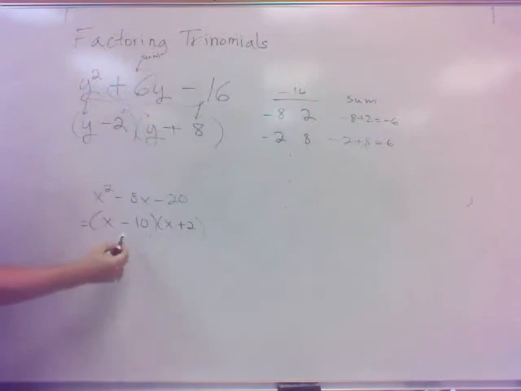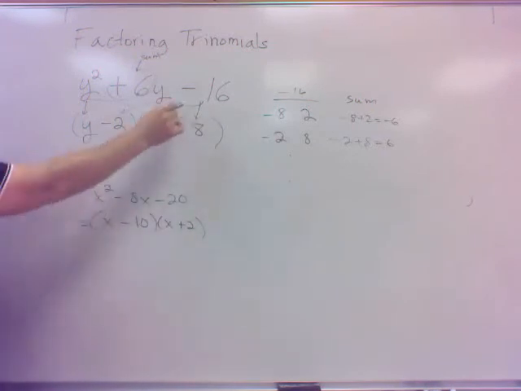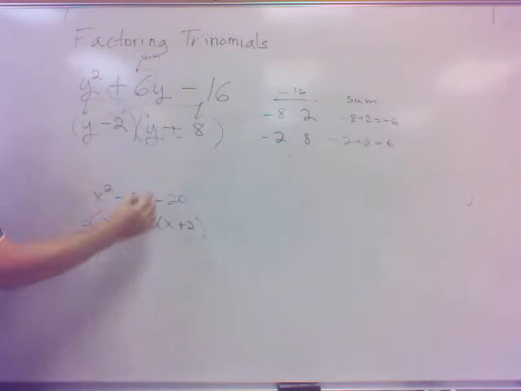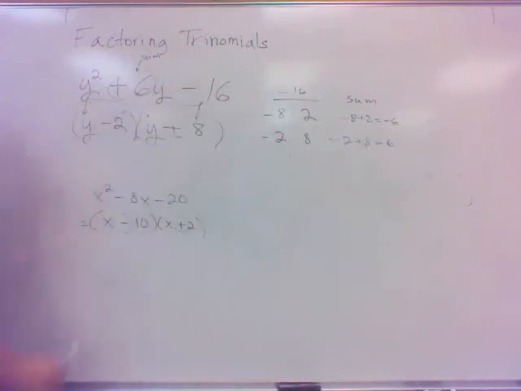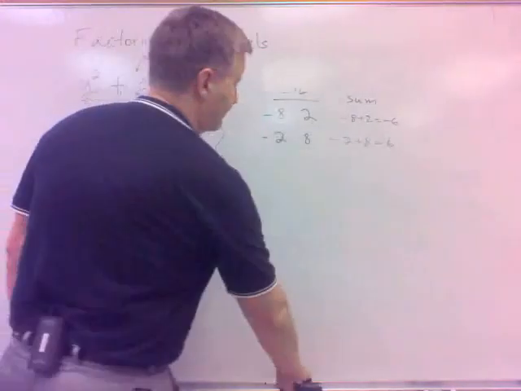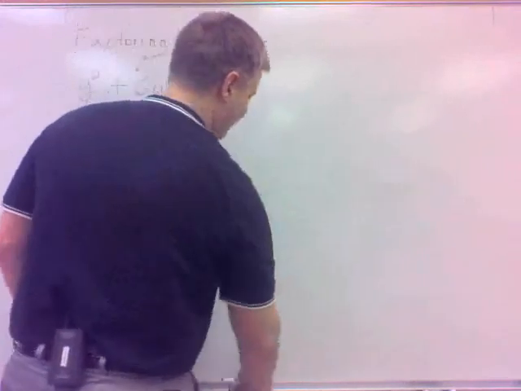The point I'm making here is if the last term is minus, you notice what these terms have to be? They have to be opposites, don't they? If the last term is minus, then the signs in the binomial terms are opposite. One's a positive, one's a negative. Just little things that help you along the way. All right, now